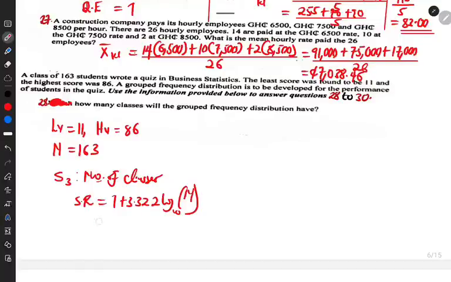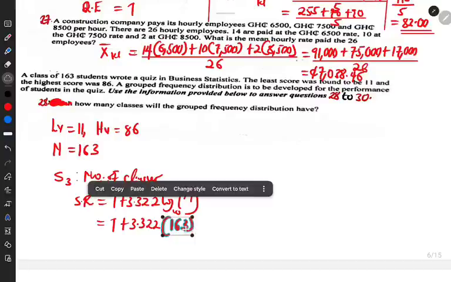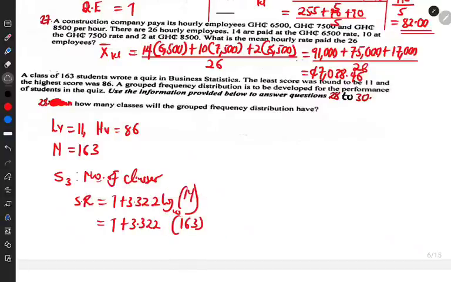So we have 1 plus 3.322. So our n is 163. So we have log 163 to the base of 10. So I'm bringing that up here. So log 163 to the base of 10. So when you compute that, we're supposed to have